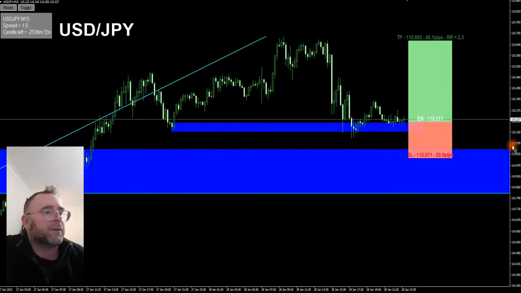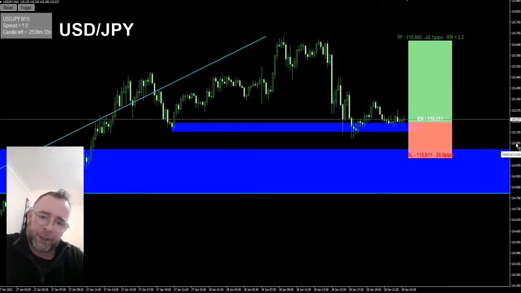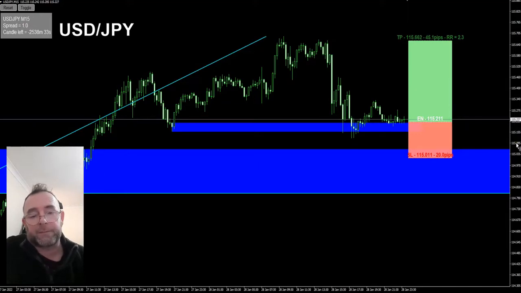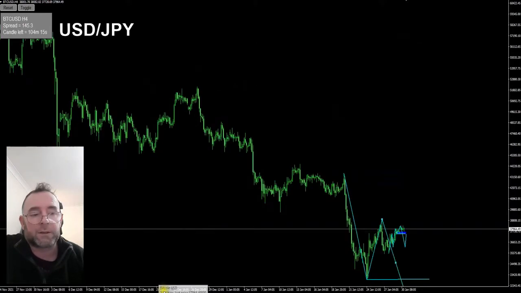I think, you know, that's reasonable. It's been in a kind of uptrend based on the 4-hour chart, and there's no reason why that couldn't continue. Of course, no one knows what the markets will do. It could easily stop us out. But by giving ourselves a little bit of wiggle room, we're going to aim for 45 pip profit at a risk of just 20 pips here on the USD JPY. So let's go over to the final chart, which is